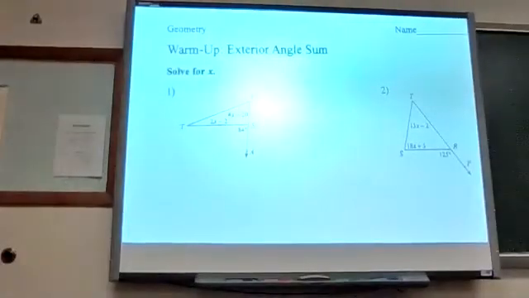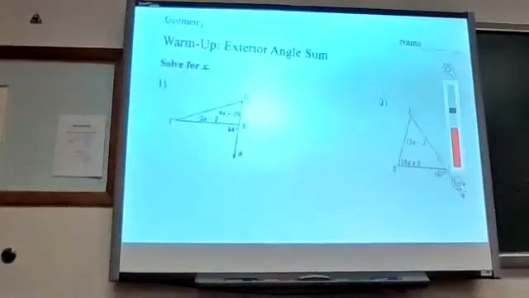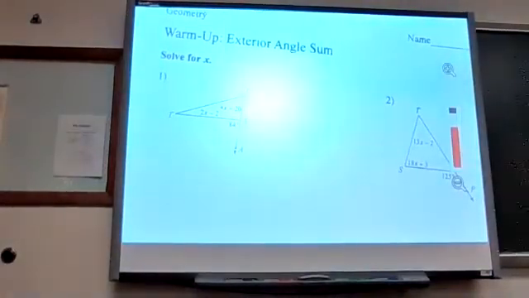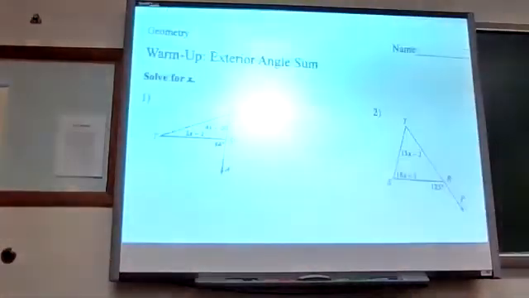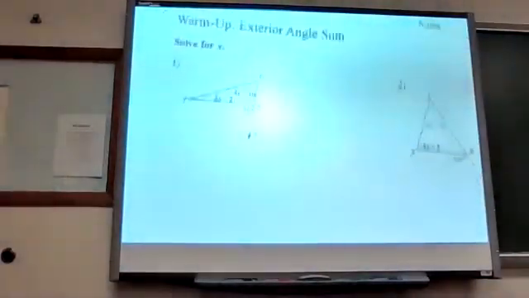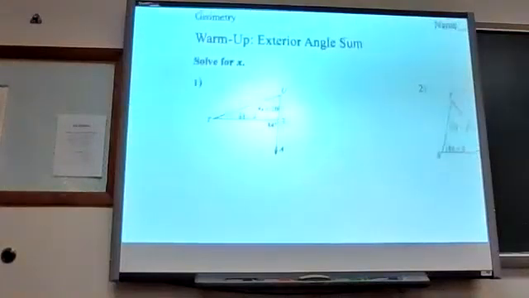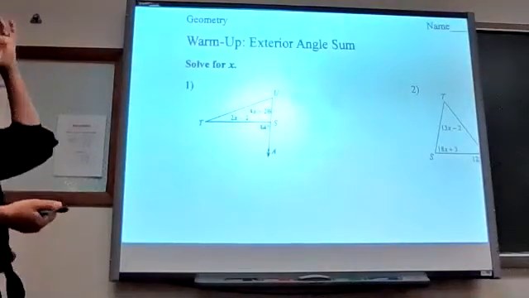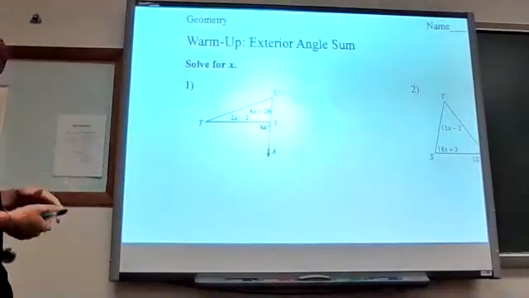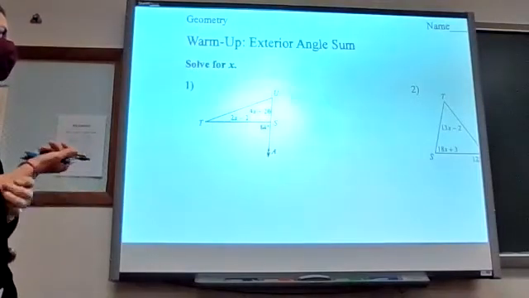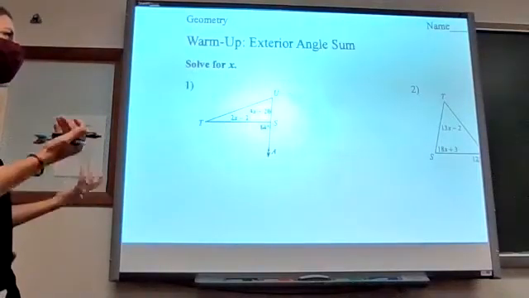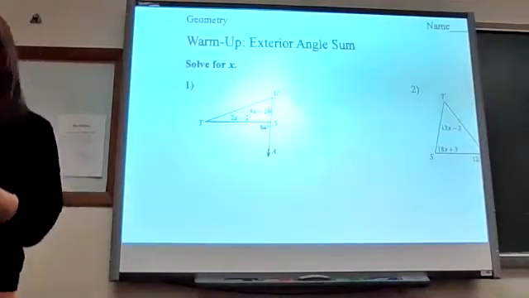All right, so yesterday we talked about the sum of the angles in a triangle, which what would a triangle add up to? 180. And we talked about this special theorem, the exterior angle theorem. Now, on number one, I don't actually really need the theorem necessarily. I could also do this,